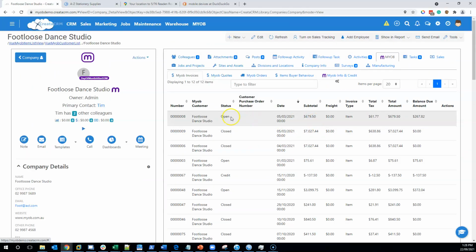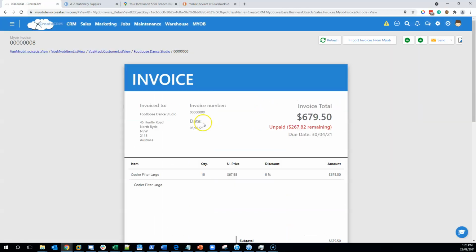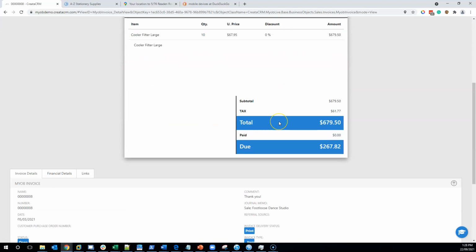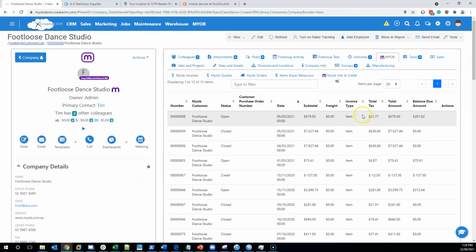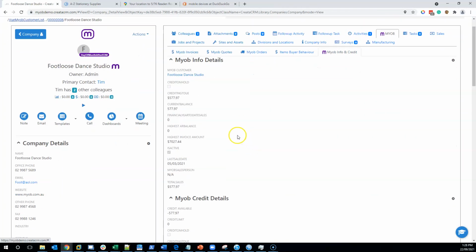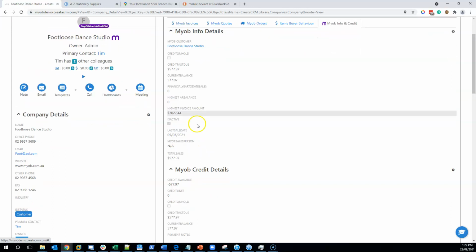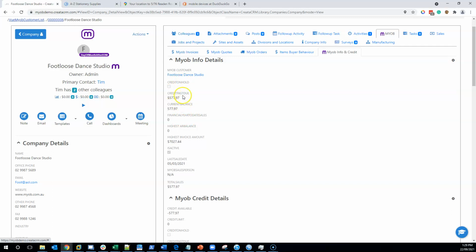As I mentioned beforehand, this one is open at the moment. It has been part paid, so you can actually double click on it and see that it's been part paid in here as well. So you can see what's going on with this particular invoice. If, for example, the client has a credit limit, you can look at the credit limit here. I can't see it in front of me, but it's not on credit hold, so they're happy to buy more product from you, even though they've still got some